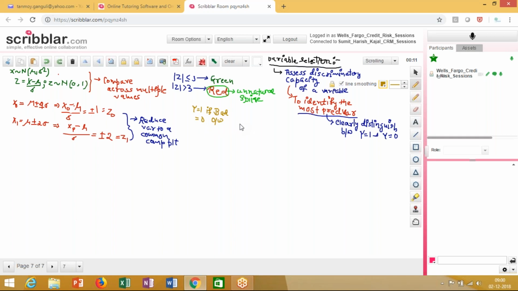Right. So when I talk about this particular part, what is this, y equals 1 if bad, equal to 0 otherwise? These are the two outcomes that a particular borrower can have. And there is always a proper analysis to identify the bad definition. So basically my objective over here is to frame an idea about whether y equals 1 if bad, equal to 0 otherwise. It's something like that. Now let's say this is the bad definition for a commercial borrower, for a commercial obligation,